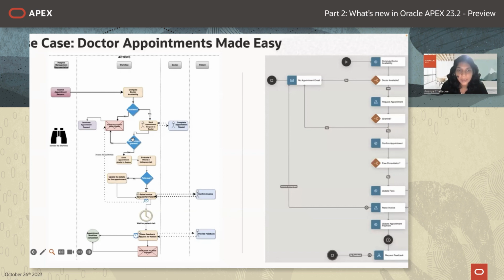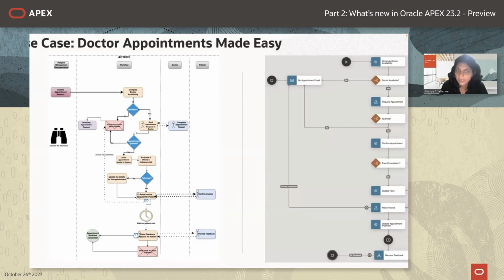In the next step, you again have to make a decision based on whether the doctor approved or rejected the request. In case the doctor approved the request, you enter this appointment in the system of records. And then you evaluate whether this patient had made a visit already with this doctor, and in that case, you do not charge the fees for the patient. So again, another decision is made here based on whether this is a follow-up request or not. In both cases, you update the details of the fees in the appointment record, and you raise an invoice request